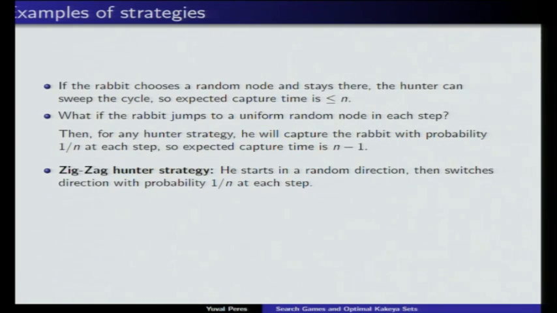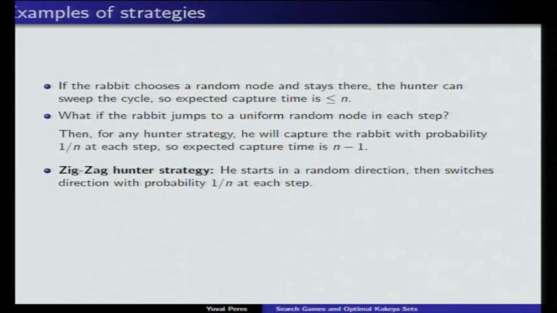So anyway, one natural thing is the hunter starts in a random direction, as Jeremy was saying, and switches direction with probability about 1 over n. One should say that for the hunter, just doing a random walk is not a good idea, because it would take him time n squared to reach the other side. But this zigzag hunter strategy has some randomness, and so he walks for order n steps, but geometric of mean n, and then turns around. He should also occasionally just stop to remove periodicity.